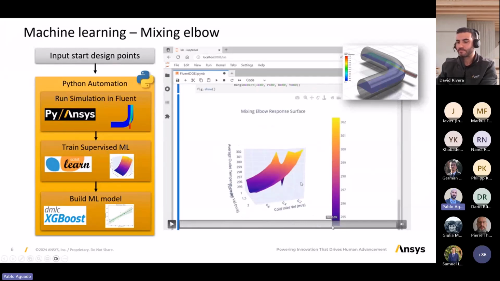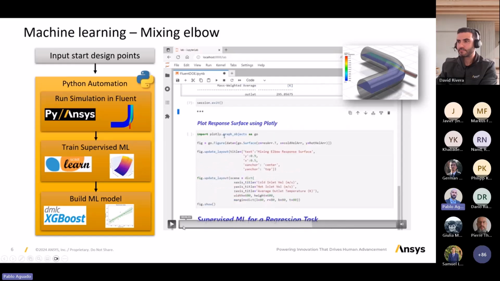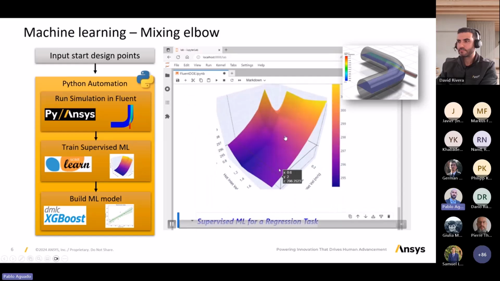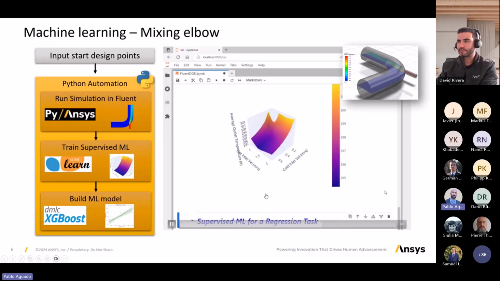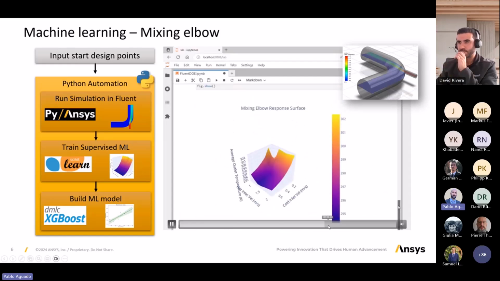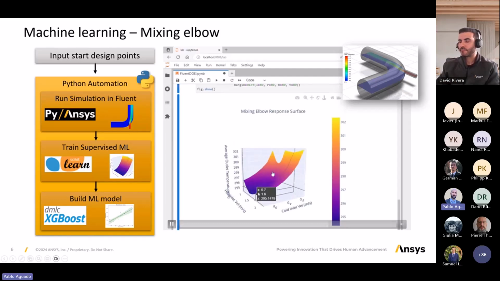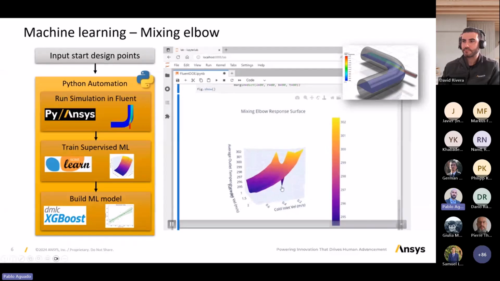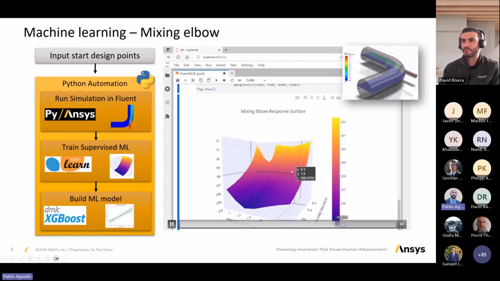Actually I can embed the response surface into the window, so you can rotate, you can explore it all directly within Jupyter Notebook. And once I have that, I think it's okay. There are some outliers there, but I can live with that. I'm going to move on with this data and pass it to the machine learning